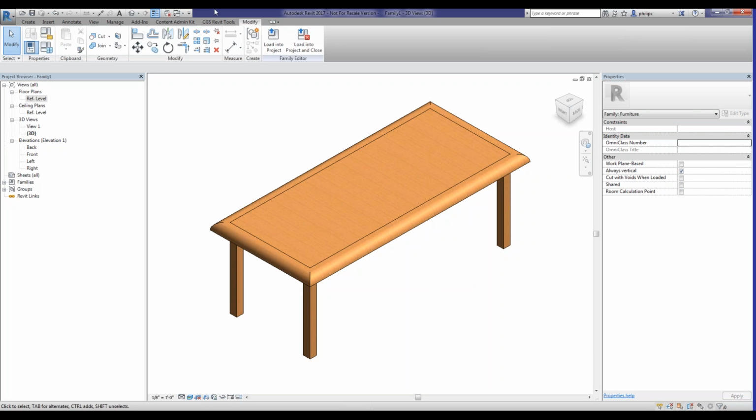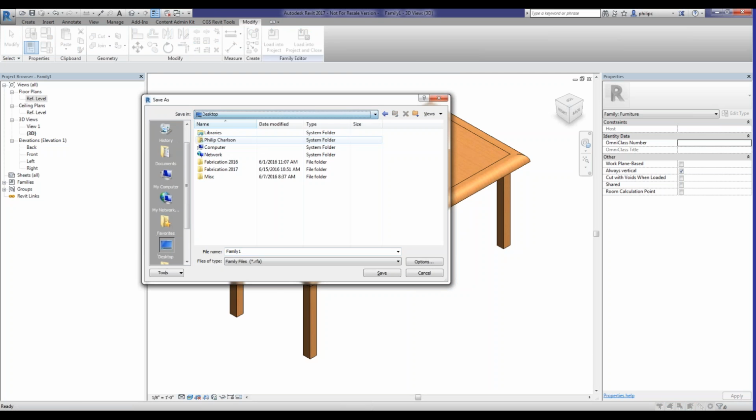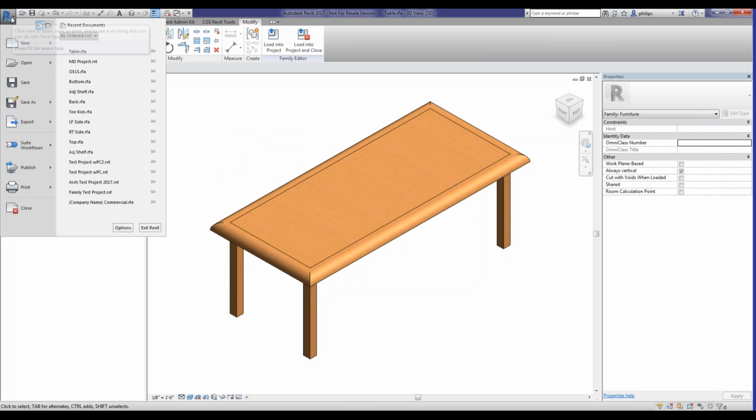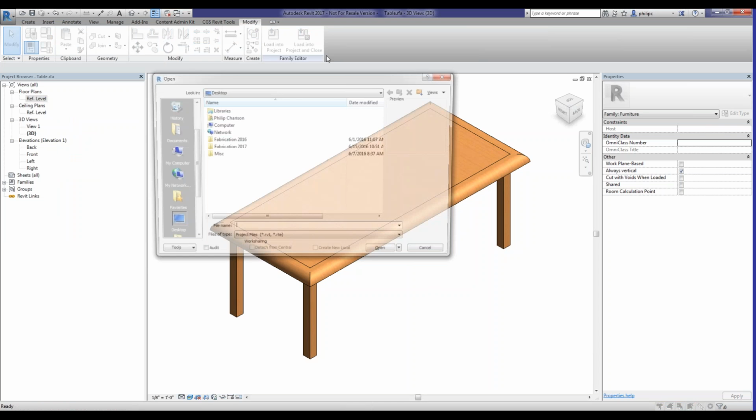After I create a family, I want to give it a name. So I'll save this right on my desktop here. We'll call this one Table. And I want to test this out within a project. What I suggest when you are creating these families is do not simply drop it right into a live project. Create a test project that you can drop your test families into before they become live. So if I go here, we'll go Open,